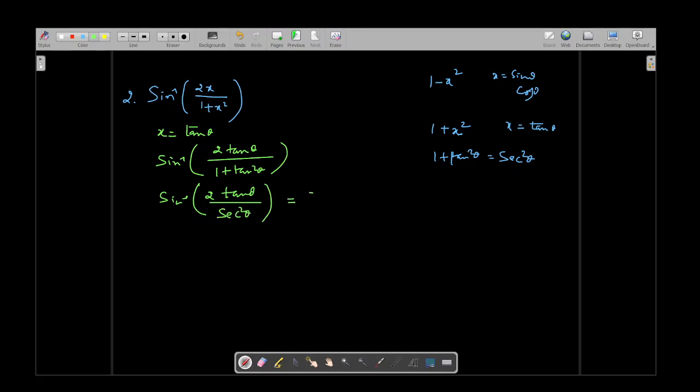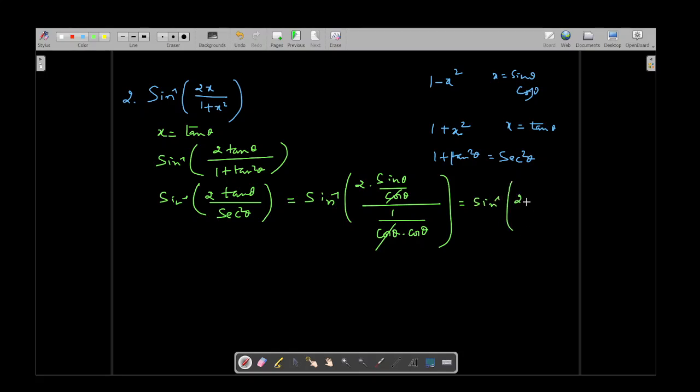I can further simplify this as sine inverse of 2 times tan theta, which is sine theta by cos theta, divided by cos square theta, which I can write as cos theta into cos theta. I can cancel one cos theta and one cos theta. So this is equal to sine inverse of 2 sine theta, and this cos theta will come to the numerator, becoming cos